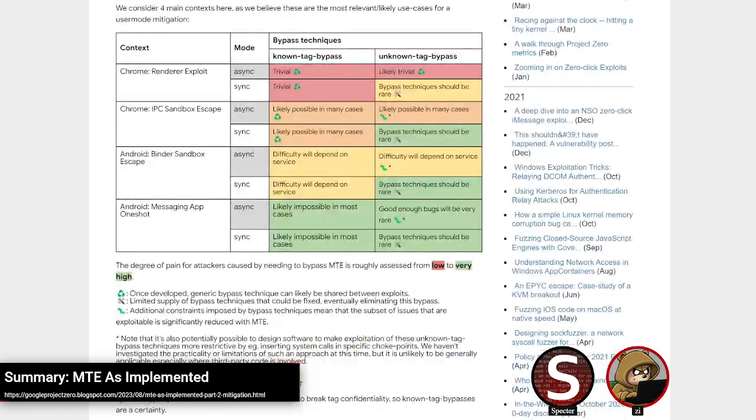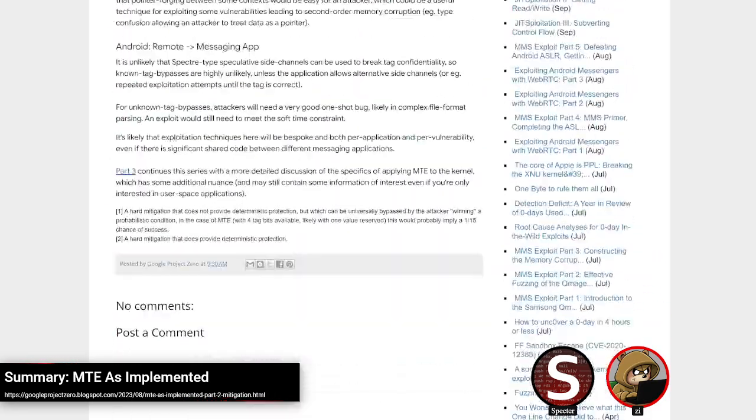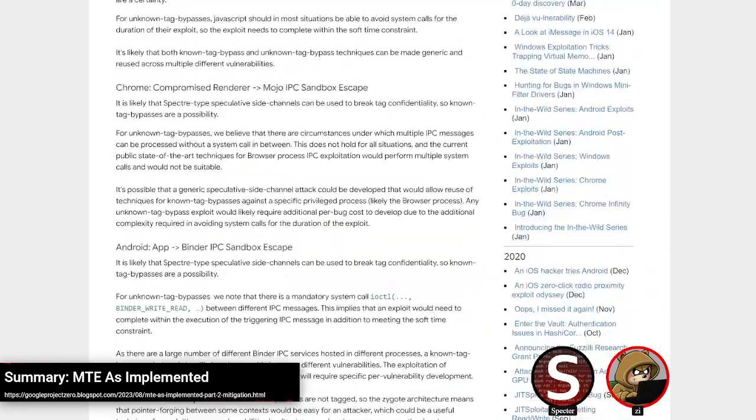It is kind of interesting just to see how the different areas compare, and as you'd expect, a messaging application one-shot exploit is going to have a much harder time dealing with this than having something where you have that back and forth call. But one-shot exploits are pretty hard to pull off already. So with that limitation, it's not that surprising that MTE bypasses will also be much harder to pull off.